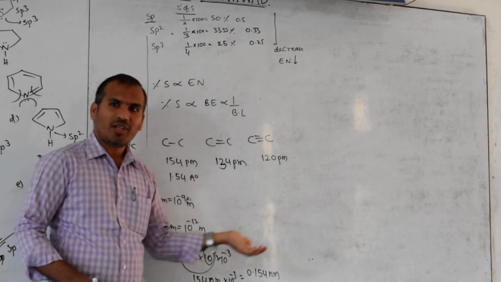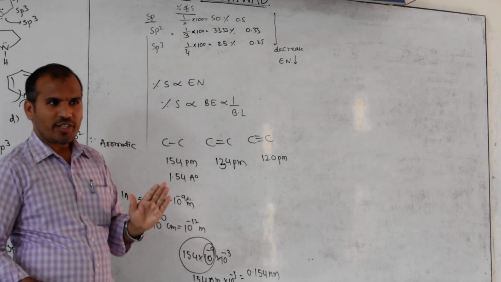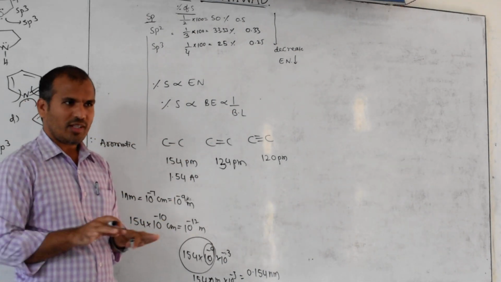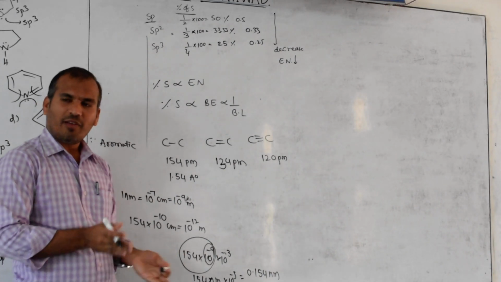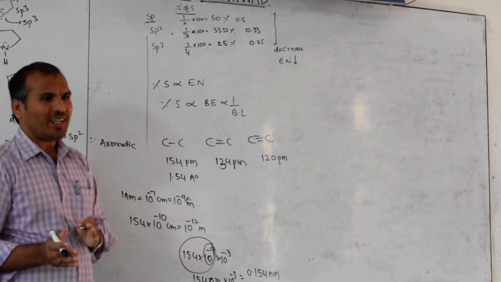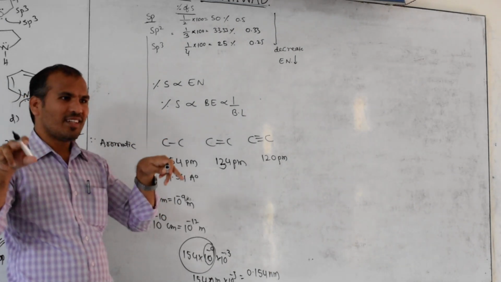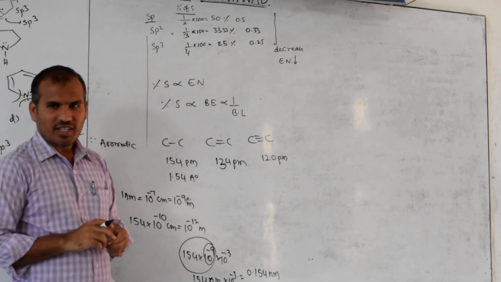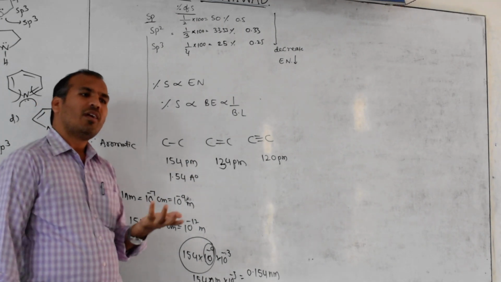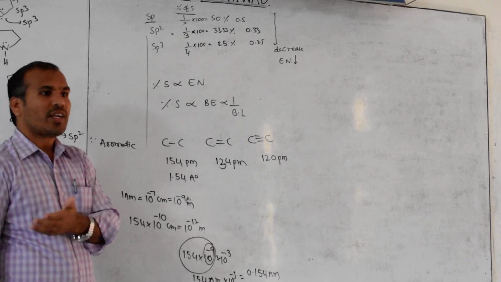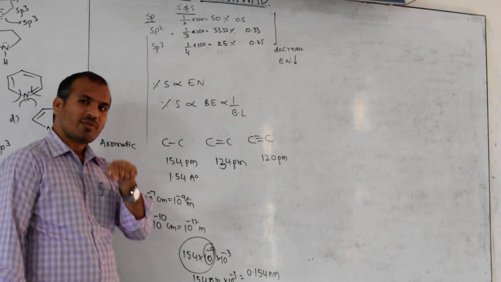If not available, then go to the chemical bonding chapter. One table is there, with single bond length, double bond length, triple bond length, and their energies. If they are also not available, go to the thermodynamics chapter. There also one table is there, because there is a bond energy calculation. Remember, delta H of reaction is equal to bond energy of reactants minus bond energy of products. Like one formula, so there also you have to calculate.